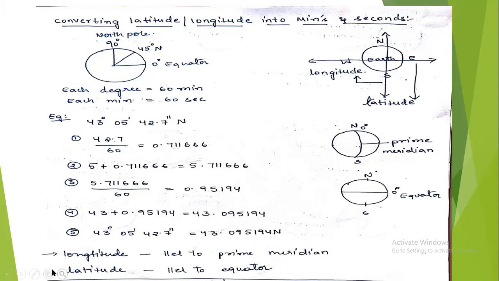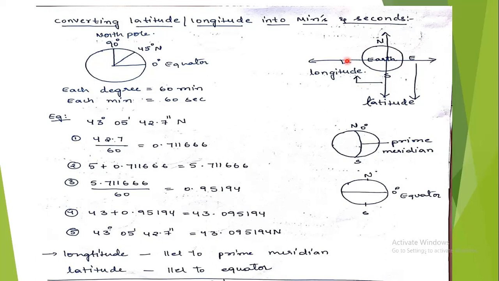See here, this is the Earth. The Earth is like a sphere. It rotates on its own axis and it also revolves around the sun. The Earth is divided into hemispheres, and first into poles. The upper one is the North Pole, this is the South, East and West. For our convenience in dividing the parts of the Earth, we divide the Earth into lines.